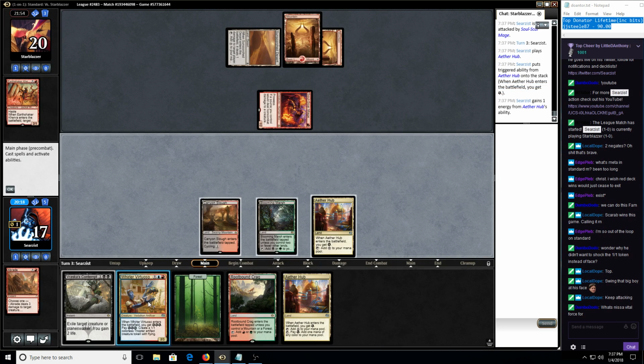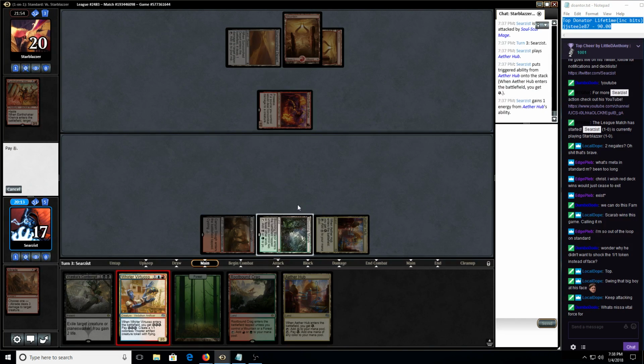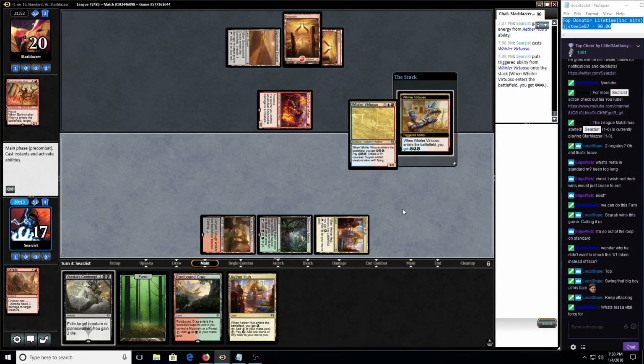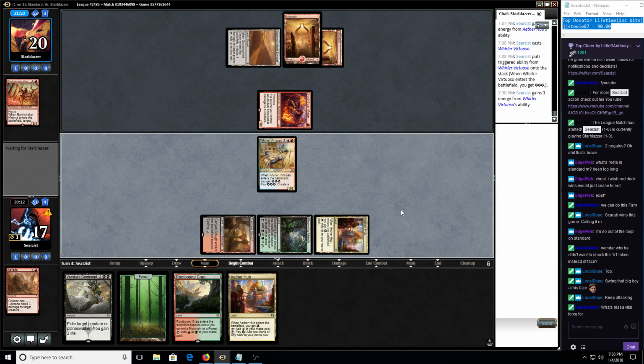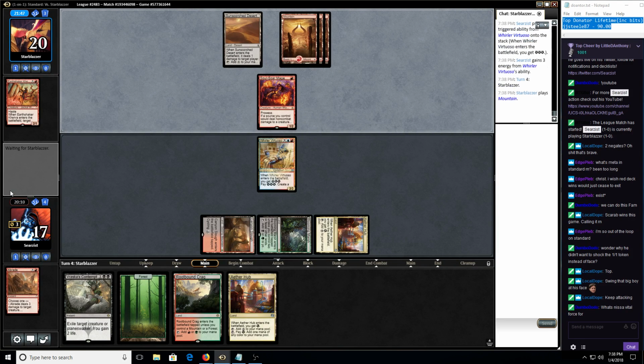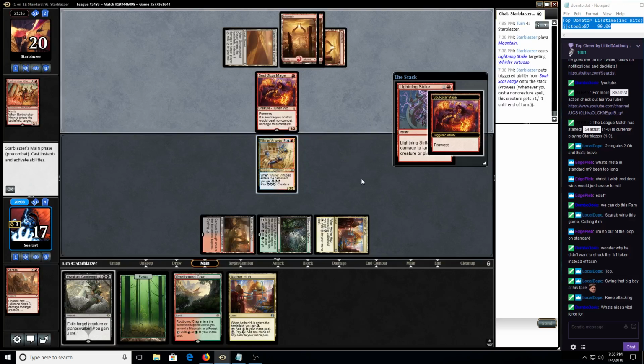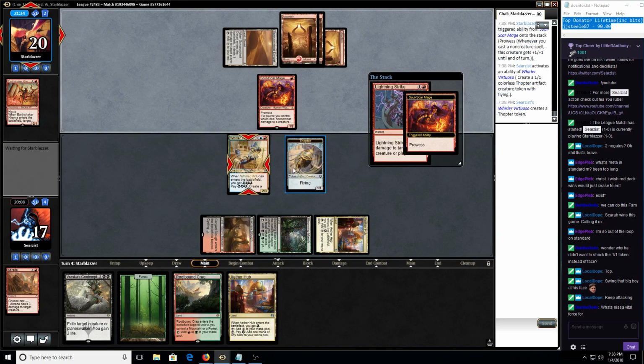And we drew another Whirler Virtuoso. Hopefully our opponent does not have a Chandra's Defeat. Since we only have 3 red cards in our deck, I would be a little remiss to lose to Chandra's Defeat. I'd probably get salty if he Chandra's Defeated us. Don't care a whole lot about that one. I mean, obviously it's a good card, but...